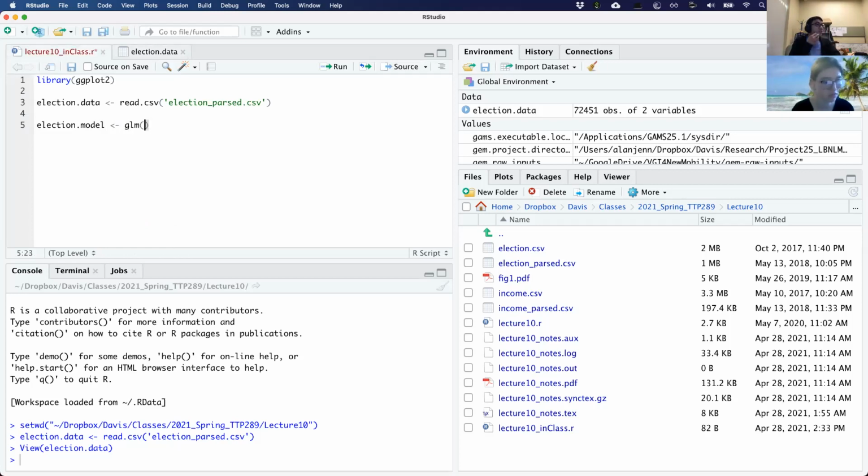So now we're going to use a function called GLM, which is a generalized linear model. And we're going to look at the Democrat winning as our response variable, right? And there are two outcomes, 0, 1.